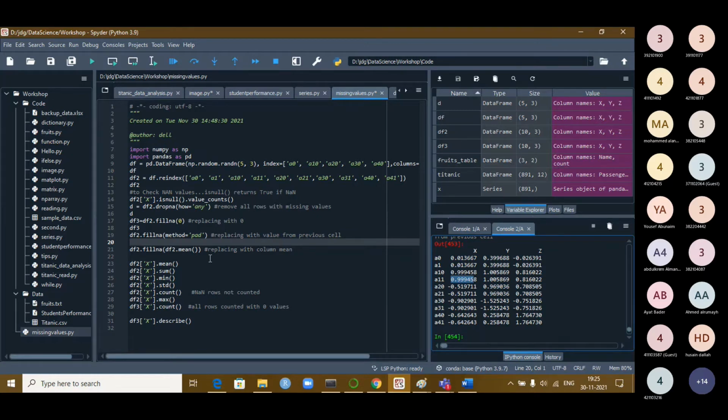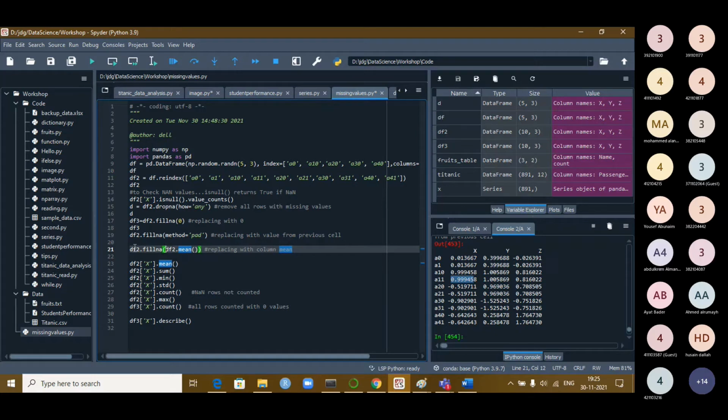The next option is taking the column mean value and replacing with it. Without zeros, you already have some values available within your column. Take the average of that, and using that average, try to fill the value. This is another option available to you. This is also a reasonable option. That means roughly estimating, the mean of your column will be replaced at every place. That is what is done here.